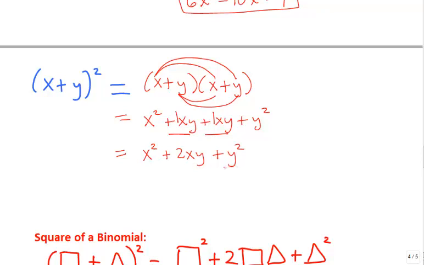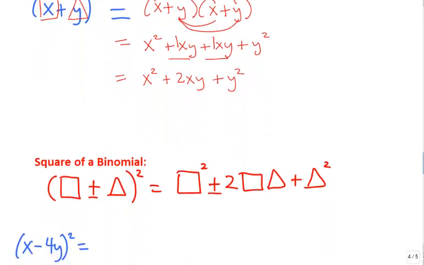Now we're going to think of this as a pattern. So we're going to generalize this so that instead of only making this example be true for x plus y, what if the expression that was right here was anything, and what if the expression right here was something else completely different? That's what this pattern is down here. And so what we see is that anytime you have a quantity, I'll call it a square, added to a triangle, and these boxes and triangles could represent x's, they could be numbers, they could be y's, they could be anything at all,